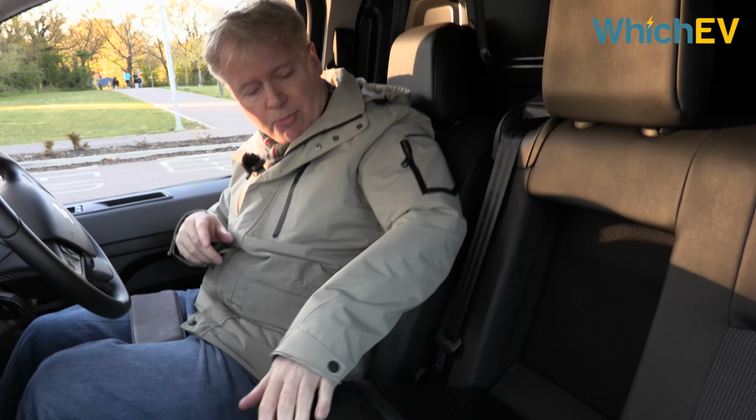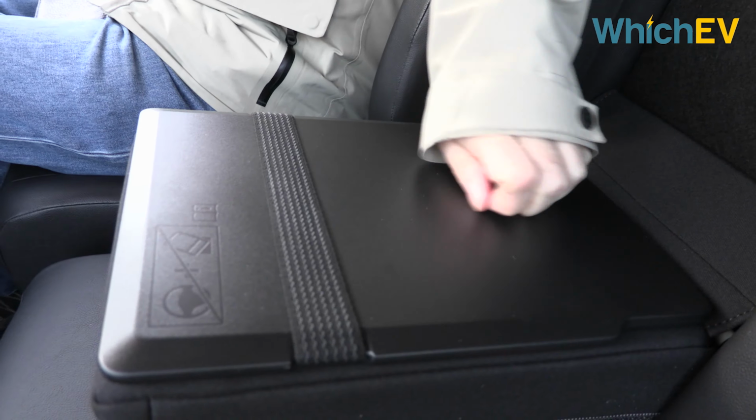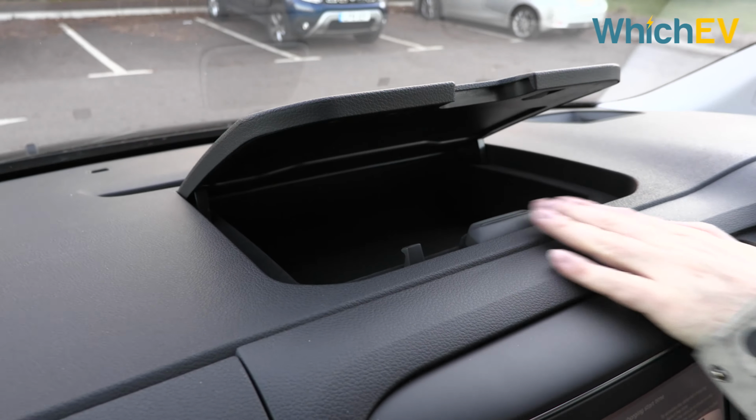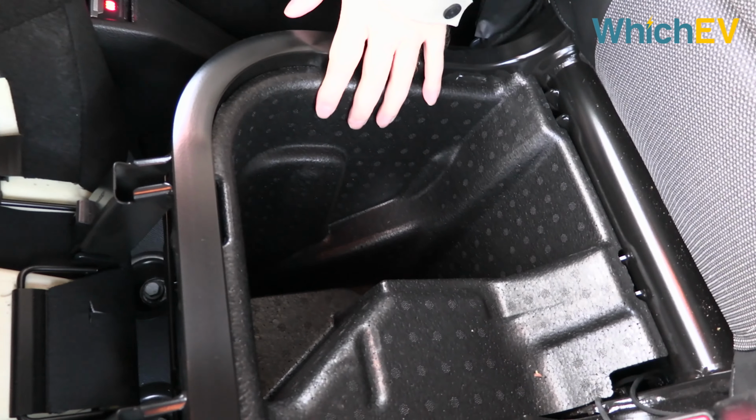However, this doesn't make an armrest. It's actually a work surface. You've got this strap here for holding documents so you can maybe sign paperwork. Really nice touch. There's also this little compartment here for putting your documents in. And actually, if you pull the middle seat upwards, you'll see there's a little bit of extra storage space here,